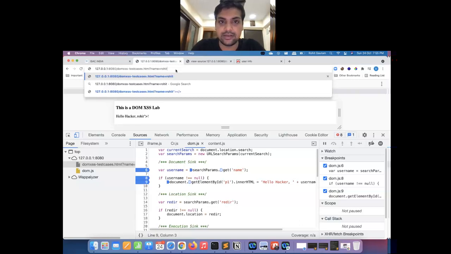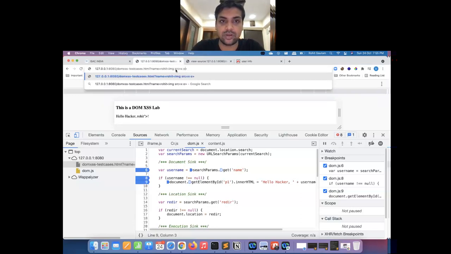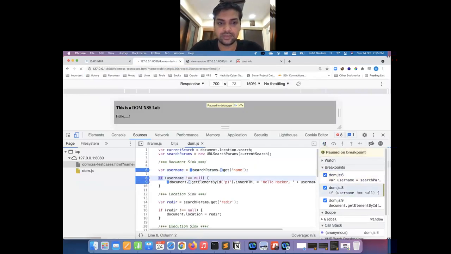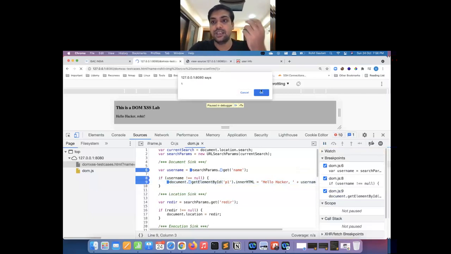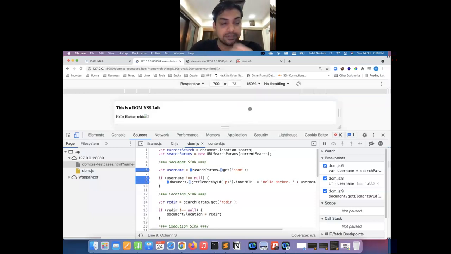So here again I can input the payload that I want. I'm going to use this payload, image source equals X onerror, or an SVG payload, or any payload. Feel free to use any payload over there. It should work. So let's verify. Yes, it has reached the sink as we were expecting, and it is going to get executed. Here in the username we can also see it has reached as it is. So it will give us script execution. You can confirm from here that yes, this target is vulnerable to DOM XSS and we are able to exploit it. I hope you guys understood this.